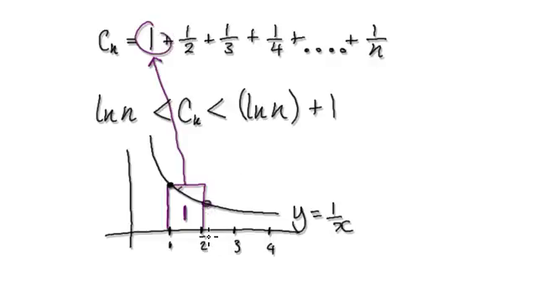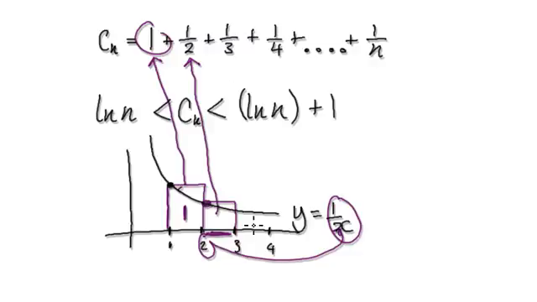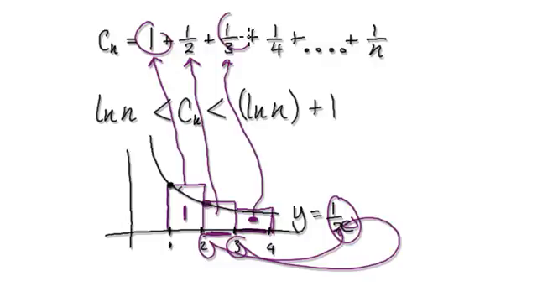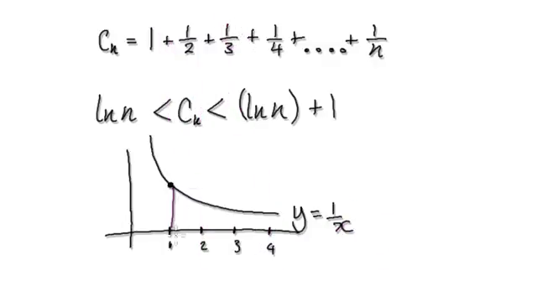You should already know this. For 2, you put it into here, the height will be a half. So a half times a width of 1. So this area here would be a half. That would represent this. And then for 3, you put it into here, that would be a third. So a third times the width of being 1. So this has an area of a third. That represents this.